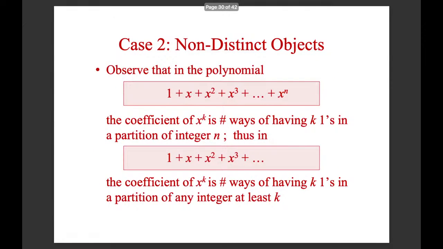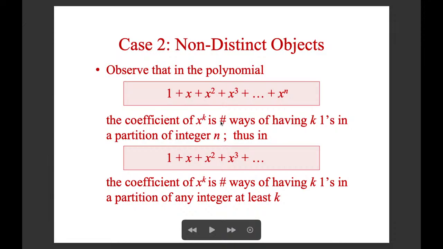To do the corresponding counting problem, we need to go back to the ordinary generating function, rather than the exponential generating function, because now the ordering of the objects doesn't matter. So it makes more sense to use the ordinary generating function rather than counting permutations. If you still recall, 1 plus x plus x squared plus x cubed up to x to the n can be used to show